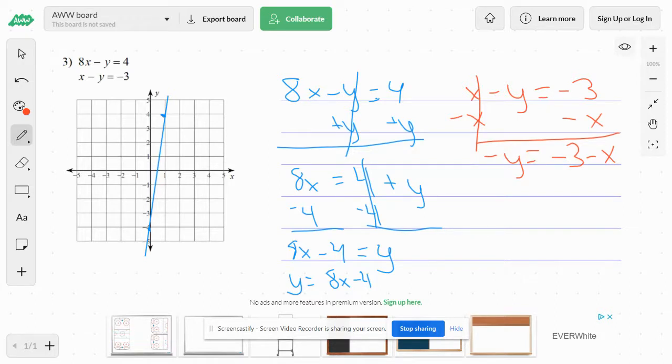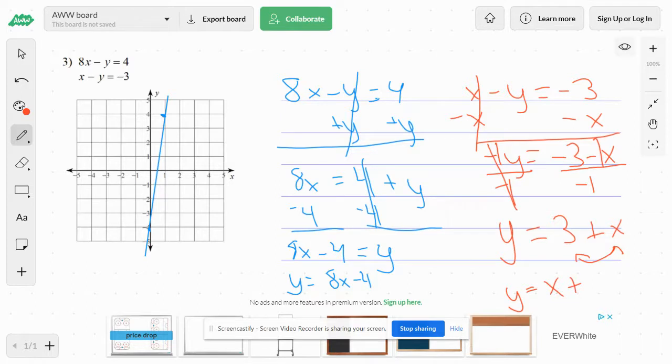You might think y is by itself, it just has a negative sign with it, but that is not y by itself. That's really a negative 1y. So I need to divide by negative 1 in order for that to cancel and y to be alone. If I divided that side by negative 1, I have to do it over here too, and the whole side, everything divided by negative 1. So that's negative 3 divided by negative 1, which will give me a positive 3. And this is like a negative 1x divided by negative 1, which will give me a positive x. And then if you want to switch these around, go ahead and you get y equals